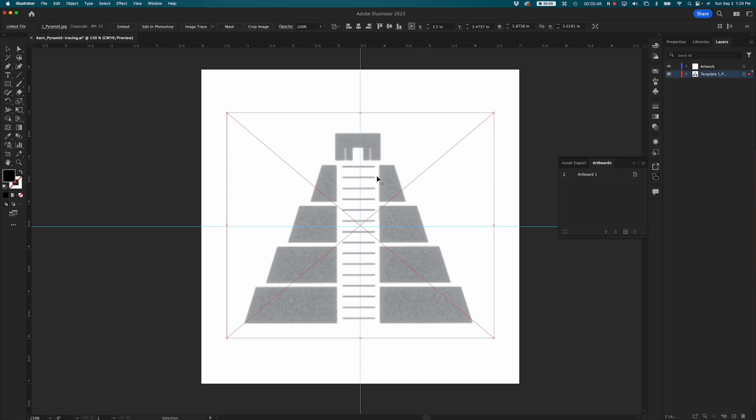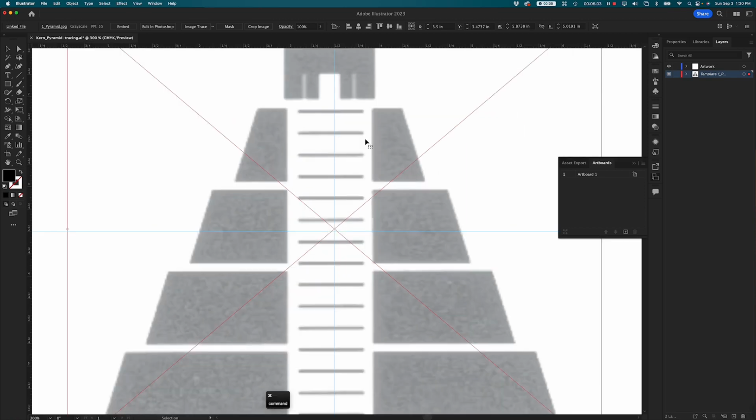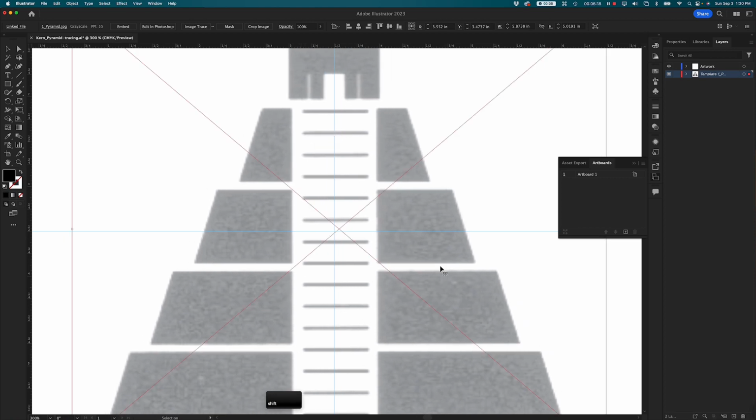What I want to do is center my artwork to the artboard. And as you can see, this pyramid is not centered inside of its document size. So I just need to move this over so that I'm going to place it so that the door of the cap is centered up, placed right over top of the center of this line. So if that's selected, I can either click on it, hold down my shift key and slide it across into place, or